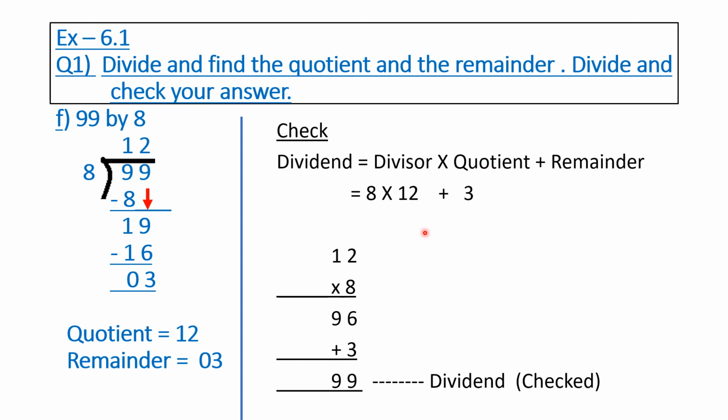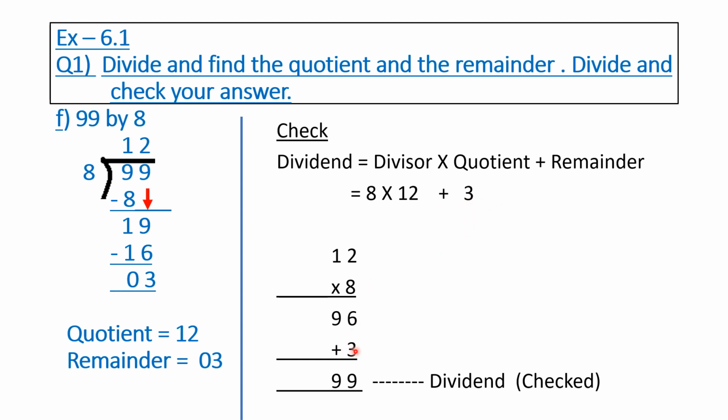Okay. Now you tell me which is the divisor and which is the quotient. So here the divisor is 8. The quotient is 12. You multiply this 8 and 12. Okay. And then you have to add this 3. So multiply 8 and 12 and add this 3. So 12 8s are, you multiply, what are you getting? 8 2s are 16. 6, carry 1. 8 1s are 8 plus 1, 9. 96. And now you will add this 3.